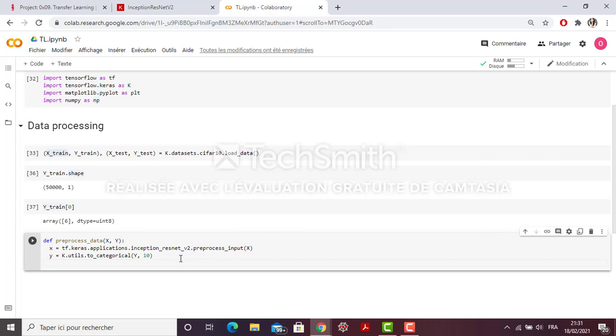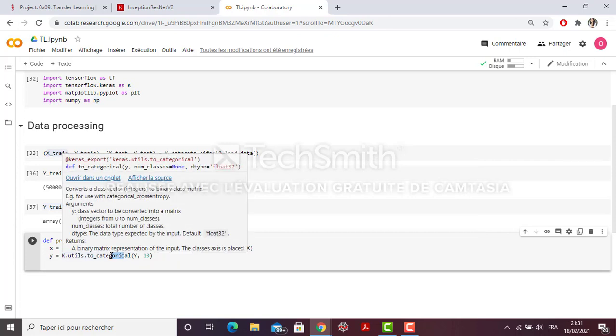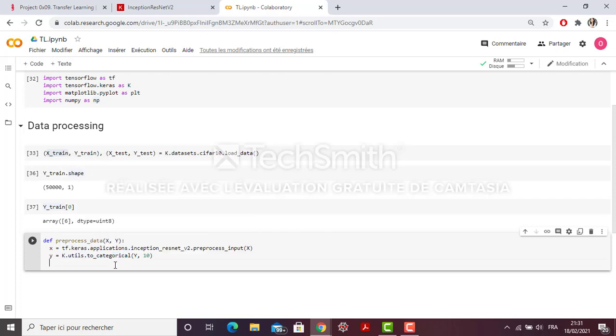This will give us a vector for each symbol that contains zeros and a one in the right column. And then I will return my new preprocessed data.